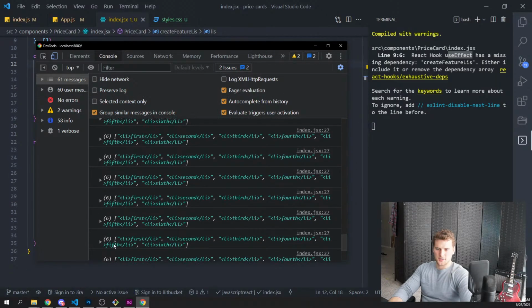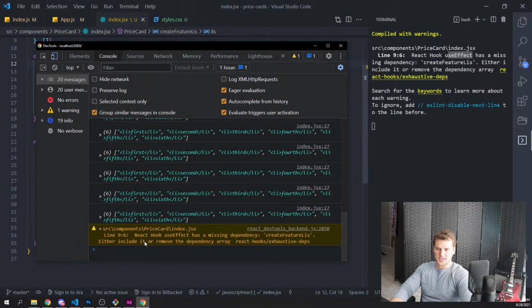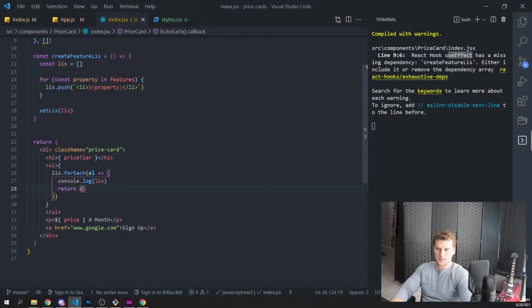Okay, so it looks like it's getting everything we want, right? It's because I'm not dangerously rendering HTML.